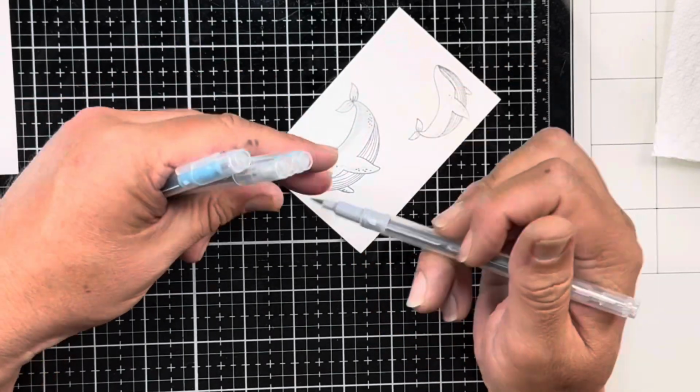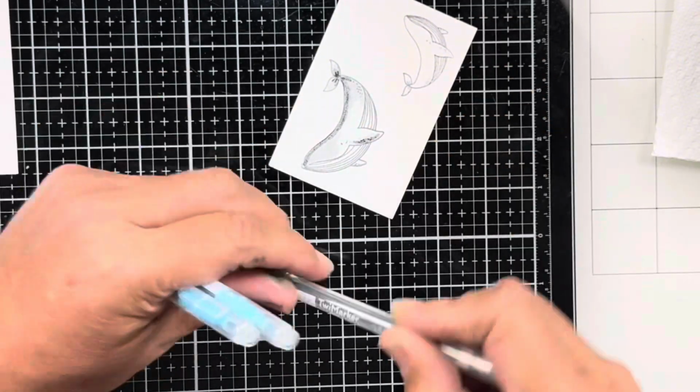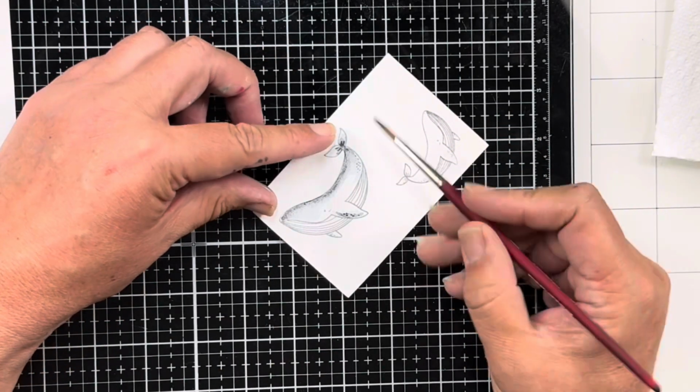So I've laid down my first color, which was cloudy gray, and then I'm going to come in with my darker color, which is concrete gray. I'm going to blend that back out with my cloudy gray, and then I'm going to take my watercolor brush,